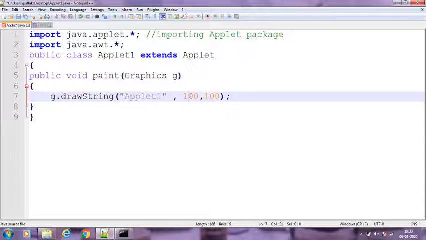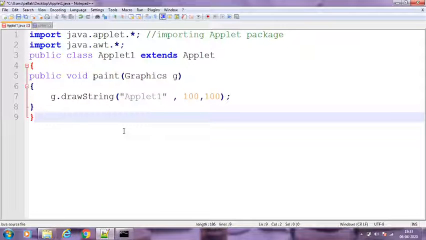The coordinates are 100 and 100, that is length and breadth, or width and height, whatever. So these coordinates will specify the location where the content is to be written into the applet. Suppose I have an applet that is embedded into the HTML file, so these coordinates will specify where the content is to be drawn or written using this paint method, right?